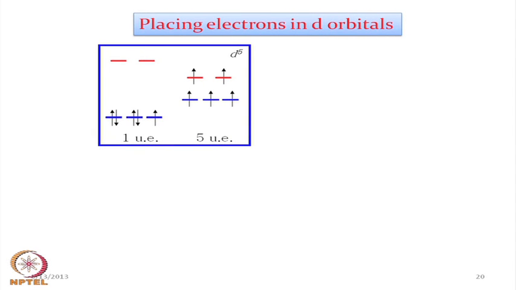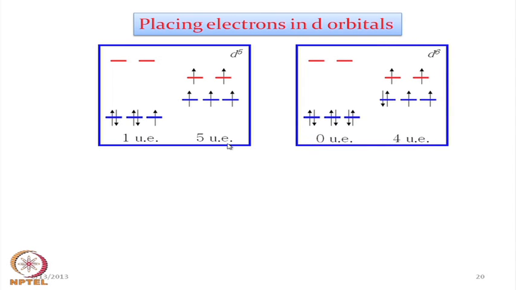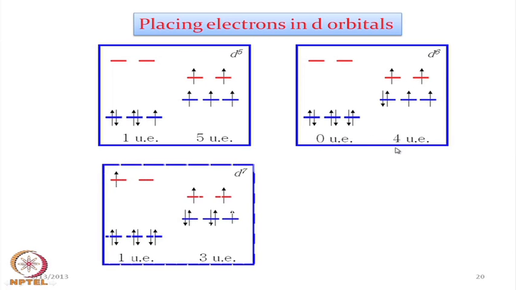Then how we place these electrons, what we have seen just now, we can elaborate pictorially with the number of unpaired electrons. In the case of this low spin one, we have 1 unpaired electron. In the case of high spin, we have 5 unpaired electrons for the d5 situation. In the d6 situation, we have the corresponding number of unpaired electrons 0 and 4. In the case of cobalt, we have discussed in detail. In the case of d7 also, we have the situation here,